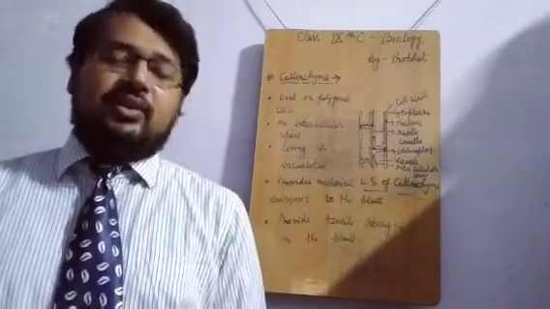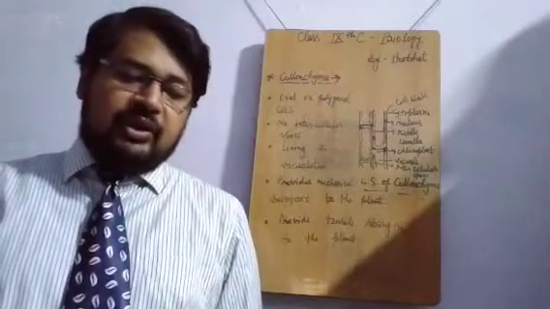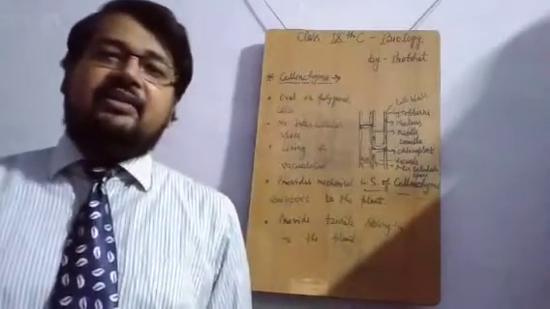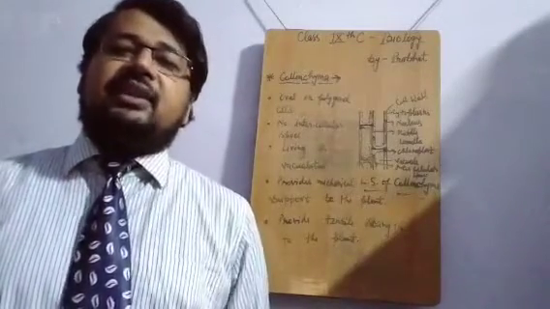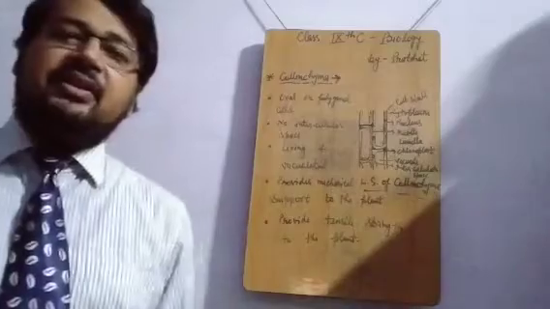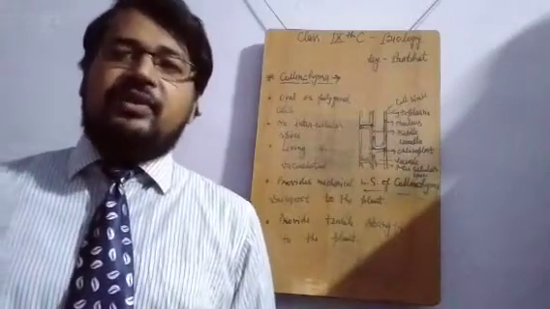I just care about your concept clarity, how clear the concept is to you, how clear the structure is in your mind. So the last point that is mentioned in your book is cell wall is irregularly thickened. The thickness is not regular. That's why the plant becomes elastic. This is the major difference between collenchyma and sclerenchyma. You should make proper note of this.